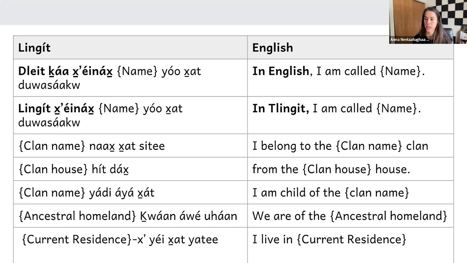Hi, and then we have to translate. Hi, my name's Anna. My Athabascan name is Nila Torah. I'm German American on my mother's side, and I'm child of the Athabascan people. We are from the people of the base of the clouds, and I live in Anchorage. Thank you.